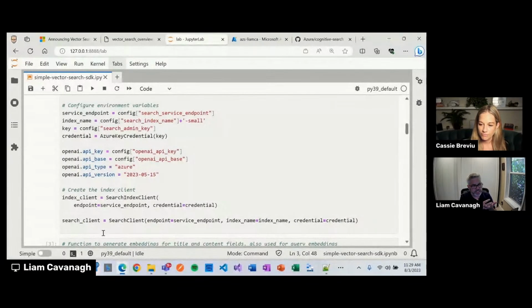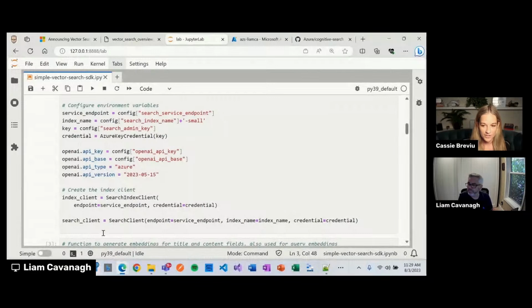Yeah, great question, Cassie. And you're right. I had previously created this Azure Cognitive Search service. You simply go to the Azure portal and create the service. And you do not need to do anything special to have vector search. It's just a new field, a new data type within your search index that stores these numbers, and it allows us to do that similarity search really, really effectively.